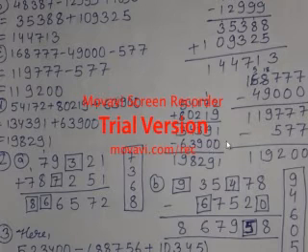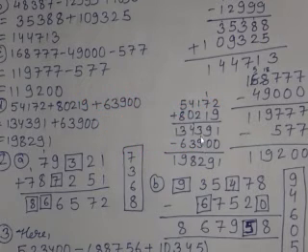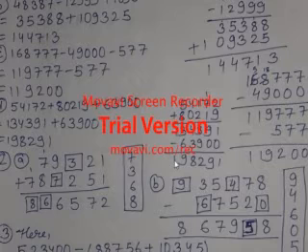I had added only. If you will see 1, 9, 9, 3, 12, 2 carry 1, 4, 1, 5, 5, and 3, 8, and 6, 3, 9, and 1. Sorry, only the minus sign is wrong over there. You can change this minus sign into plus and it will become the answer. You can see plus 63,900 is over there. So you will add, sorry, here it is minus sign.